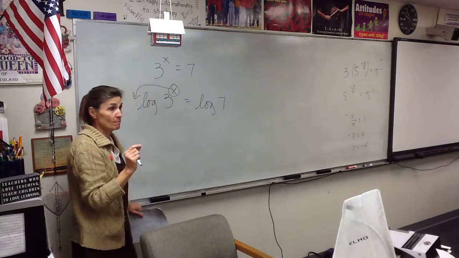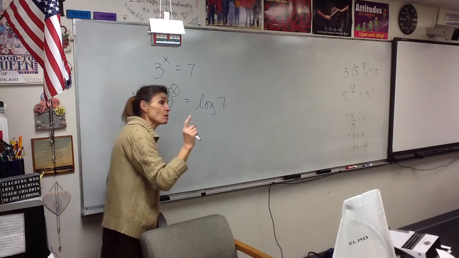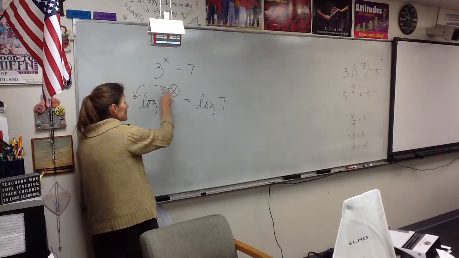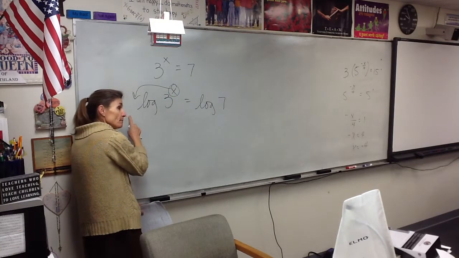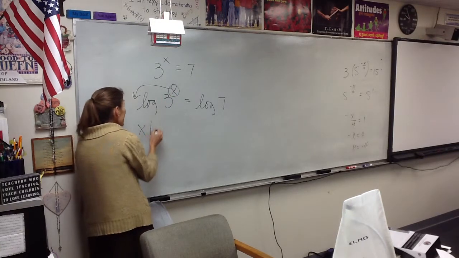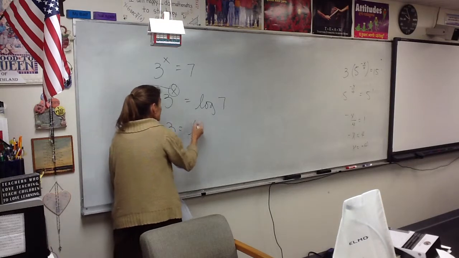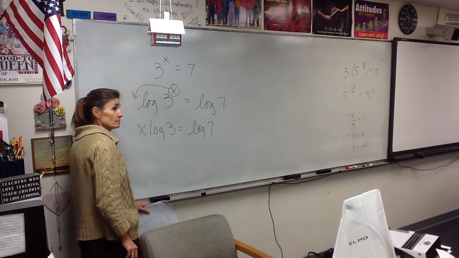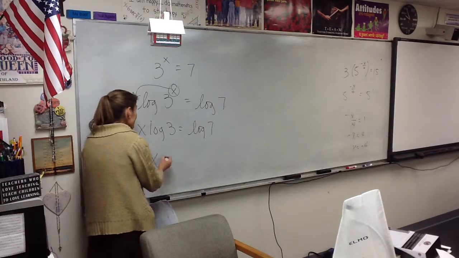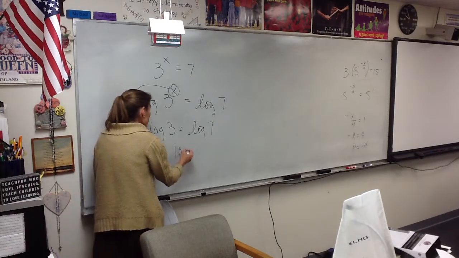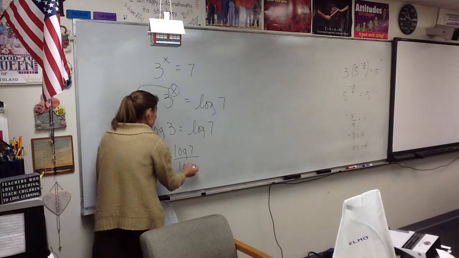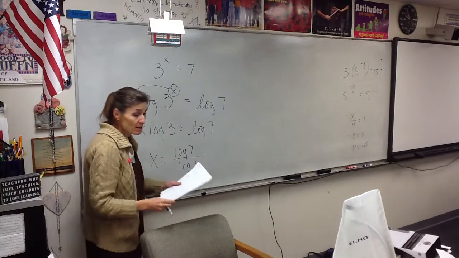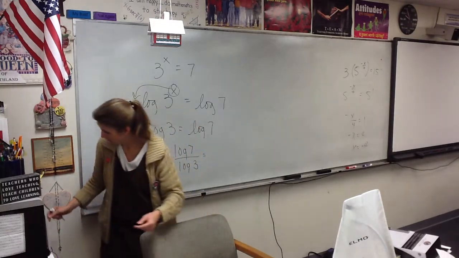Remember, in logarithm land, exponents are coefficients and vice versa. So I have an exponent, I'm going to turn it into a coefficient. So I have x log 3 equal to log 7. So x equals the log of 7 divided by the log of 3. I'm just going to type that in on my calculator now. Being really careful